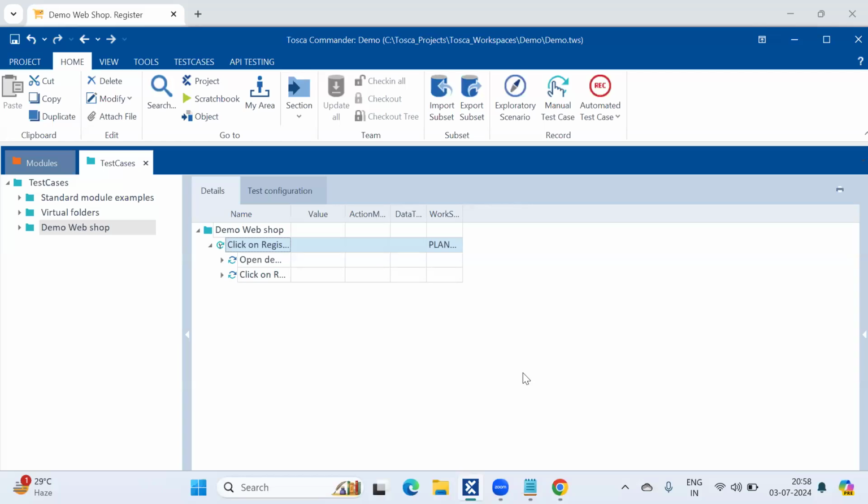Ma'am, one question here. If Tosca is already installed in the laptop, should we need to uninstall and install it back? No, no need. If you already have Tosca, why would you uninstall and install? Previously, maybe 2 years back, I used to have Tosca on my laptop. Now I think it is not working. So that's the reason I'm asking. Actually, version to version, so many features are developed. If you install after the 15.2 version, it will be more helpful for you.